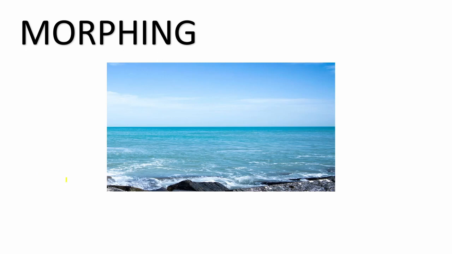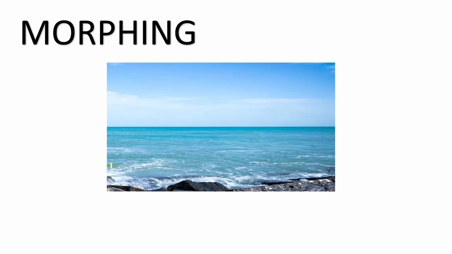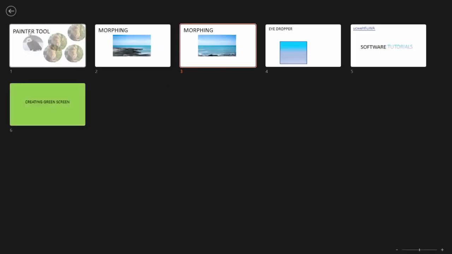Now, if you forget some of these options, there's another keyboard shortcut that will help you out. When giving a presentation, all you need to do is hold down the Shift key while tapping F10 to bring up a pop-up with several of these presentation choices and shortcuts. As you can see, there are options for the pointer and other screen colors, including black and white. You can click to see all of your slides at once and then navigate to the specific slides you want to emphasize. You can also zoom in on a specific area of your presentation.